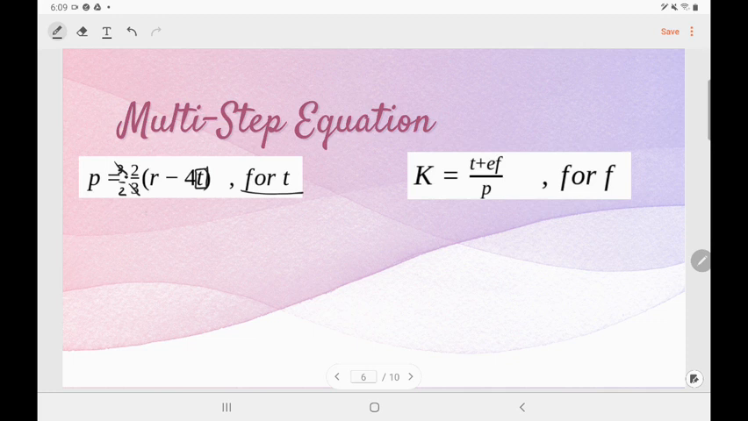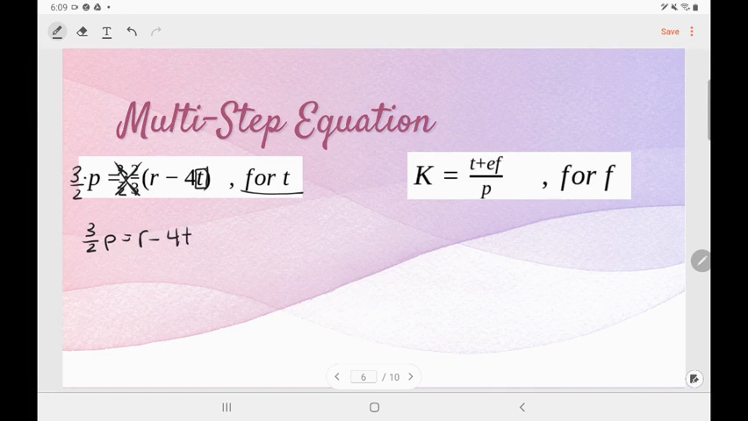Multiplying by 3 and dividing by 3 cancels. Multiplying by 2 and dividing by 2 cancels. And I'm going to multiply that on both sides, so times by 3/2. So let's bring down everything that we have simplified. So 3/2p is equal to, now because there's nothing in front of the parentheses, I can drop them, r minus